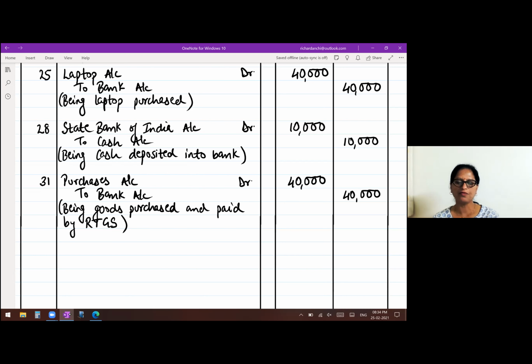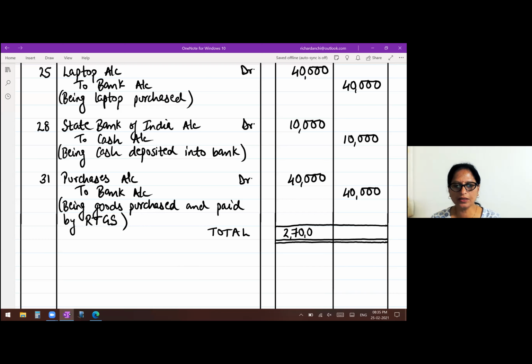Okay. We have finished journalizing the transactions. So now you know we have done in the first problem. So what are we supposed to do now? Take the totals. So write total, draw the line, double underline the total. So what did I tell you in the last problem? First take the total of the debit side, and then you will take the total of the credit side.